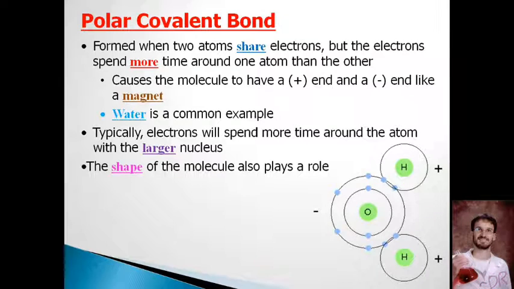Now there is also something called a polar covalent bond, and this is sort of a hybrid between the ionic and the covalent. It's a covalent bond because we have the sharing of electrons, but since we have atoms of different sizes, or if we have really big molecules that have weird shaped ends, because it always comes down to the shape of the molecule, you can have these electrons, even though technically they're kind of like everywhere at once, spend more time around a bigger atom than they would going around a smaller atom. So since the electrons need to spend more time going around the bigger section of the atom, or the bigger atom,